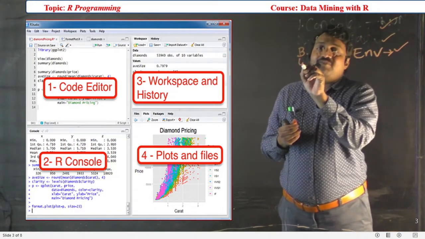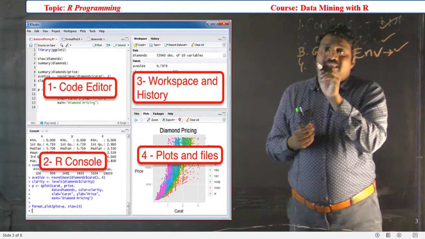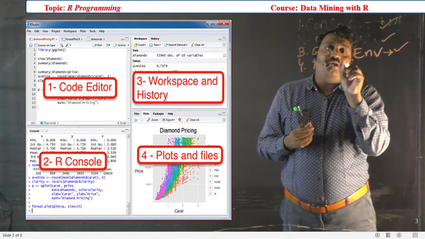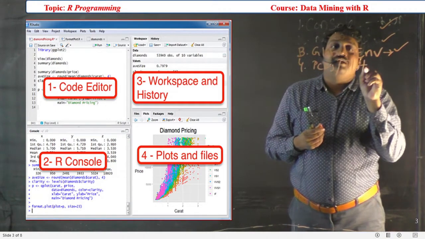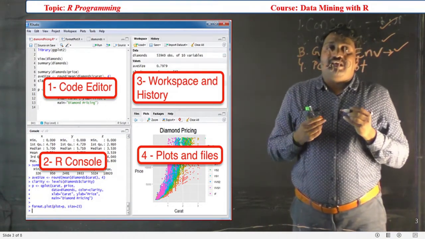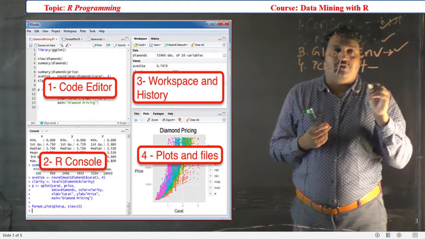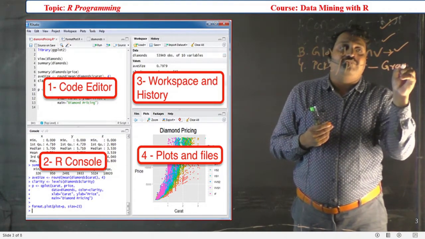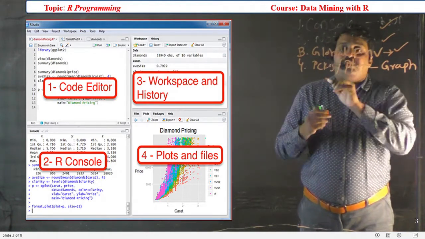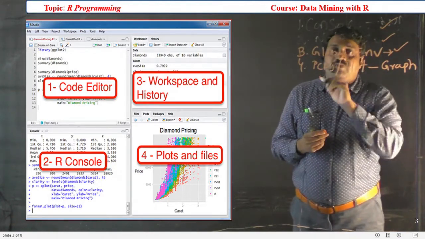Finally, we have another window called the packages and plots window, where we can view output whenever it is graphical output.